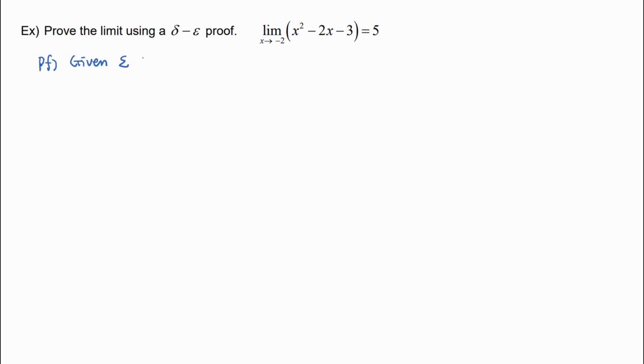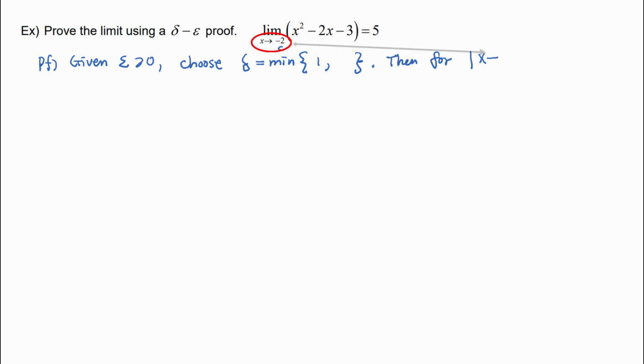Given epsilon greater than 0, choose, this is a quadratic one, delta to be equal to the minimum of 1 and the value to be found. Then for the absolute value of x minus c, and my c is -2, so the absolute value of x plus 2 less than delta,